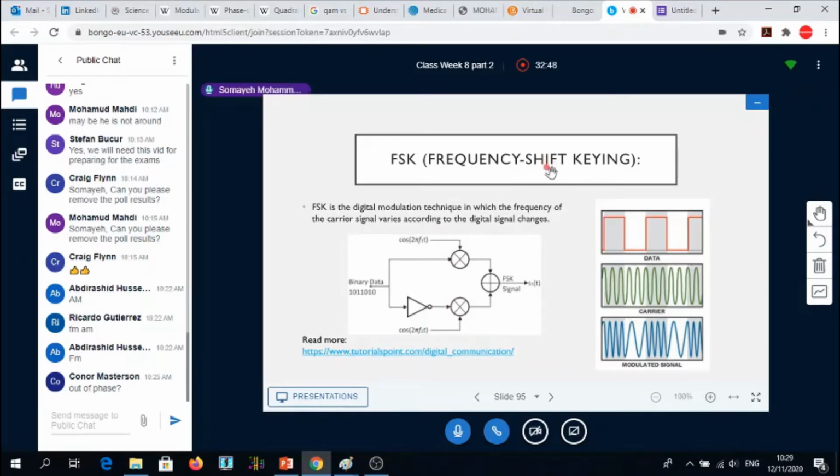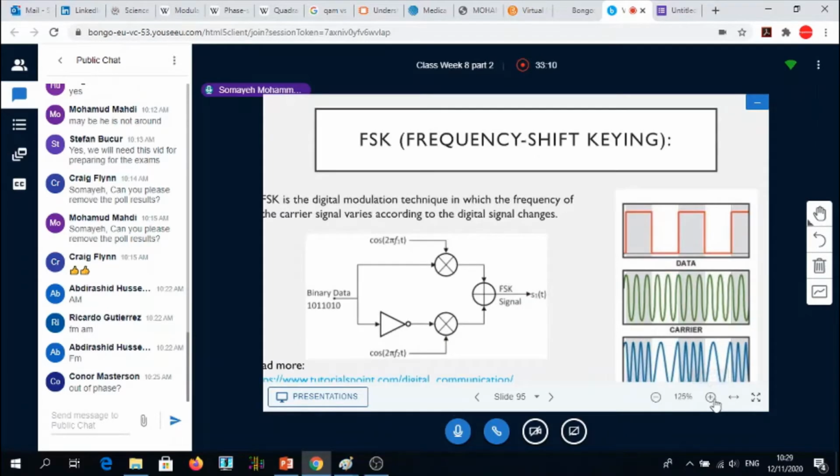So the frequency is shifted. That's the reason we are calling it frequency shift keying, because we have a shift in frequency of the oscillators. And then they are being affected by the binary signal, and then the FSK signal can be generated. If we look closely at the plots,